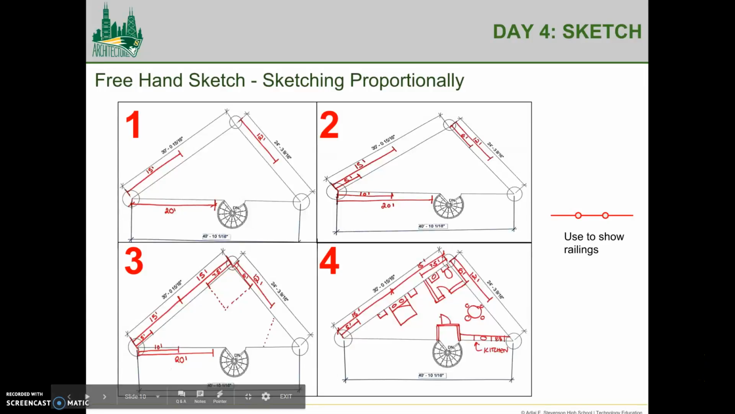On day 4, we move on to the next step in the design process, which is sketching out our ideas. This is a first time for our students. This is their first time sketching. So we actually provide them floor plans. You can see in the black lines, that's providing our students the floor plan, and then they can draw